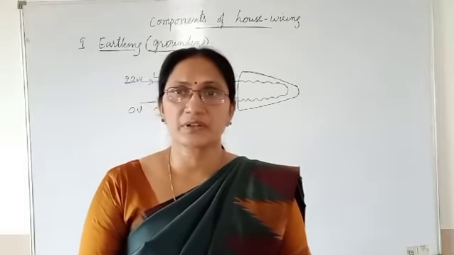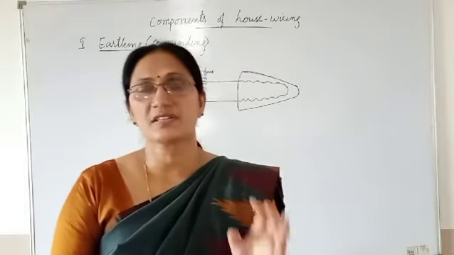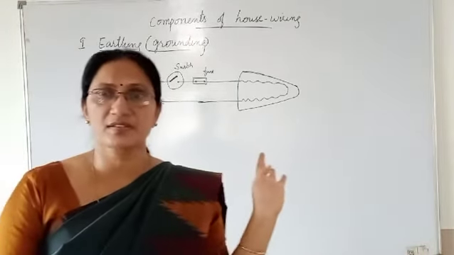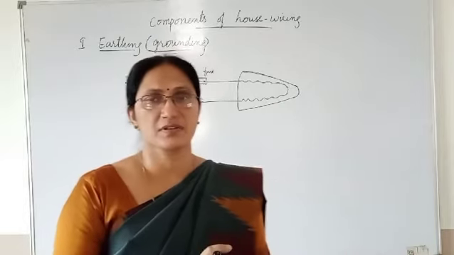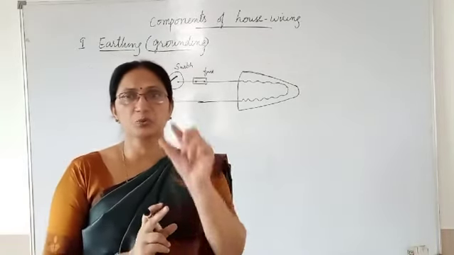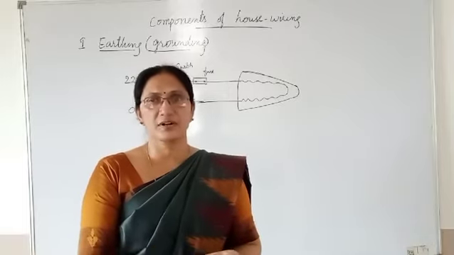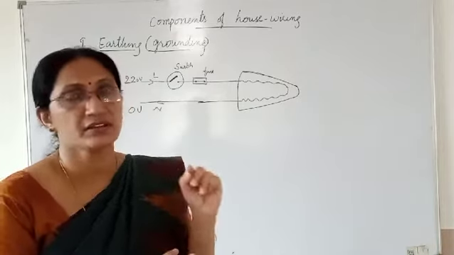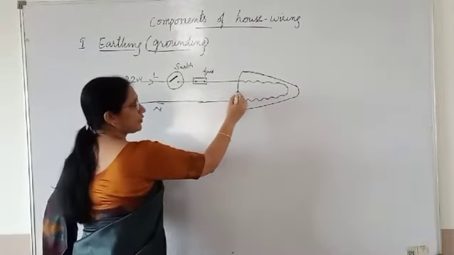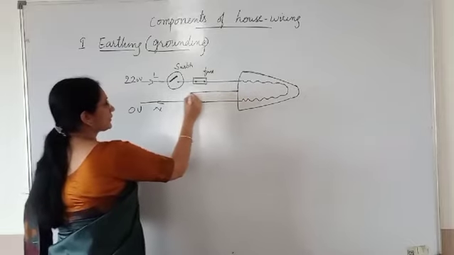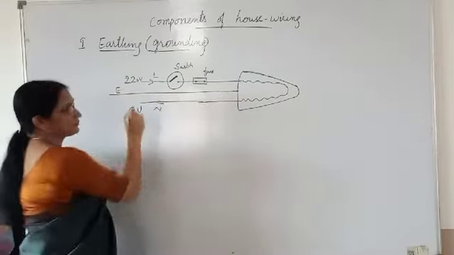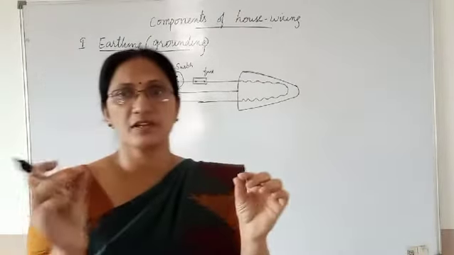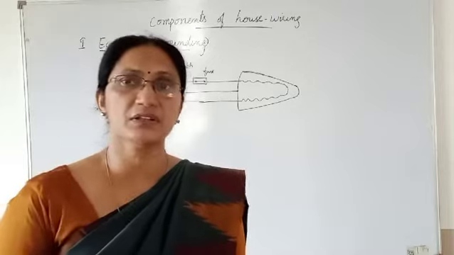While discussing the topic of the 3-pin plug, I told what the purpose of the 3 pins is. Usually, devices which require earthing must have 3-pin plugs. Out of the 3 pins, 2 small pins are for live and neutral respectively, and the third pin is for the earthing connection. The third pin is connected to the body of the appliance. This is the earth pin. These 3 wires, live, neutral and earth, will be connected to the 3 pins of the 3-pin plug.